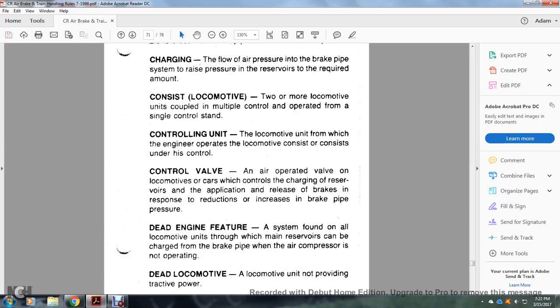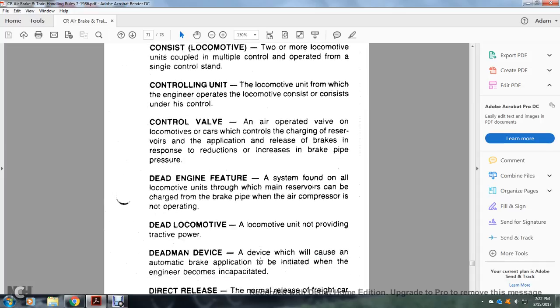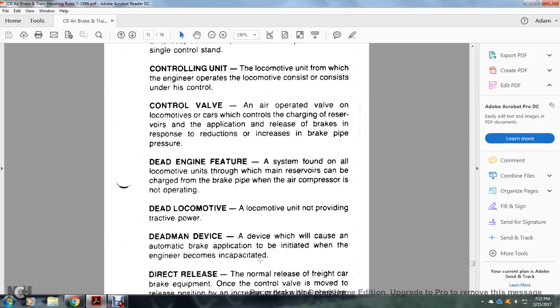brake pipe pressure. Jet engine feature: a system found on all locomotive units through which the main reserve can be charged with the brake pipe when the air compressor is not operating, as in a dead locomotive. The locomotive unit is not providing tractive effort. Dead man device: the device which will cause an automatic brake application to be initiated when the engineer becomes